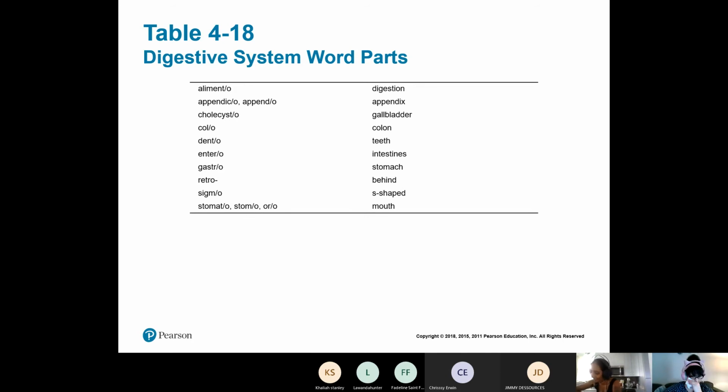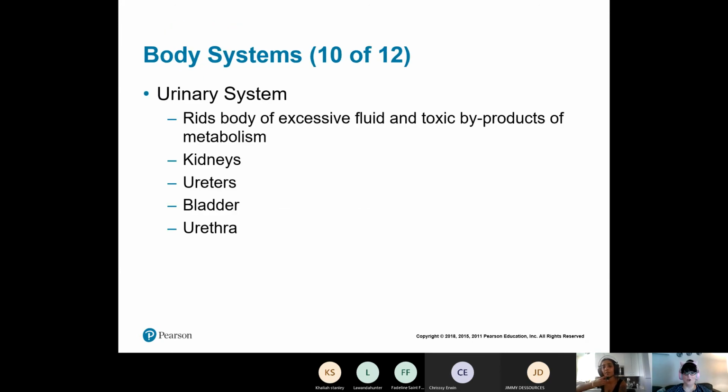So we'll learn about the shape, the prefixes, suffixes, and root words that go with this as well. I always thought this one was cool too. Sigmo, S-shaped, and that's because our sigmoid colon is shaped like an S. It's neat when you start thinking how these relate to the systems and the bodies that they're speaking about. Our urinary